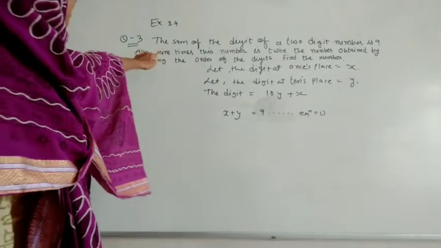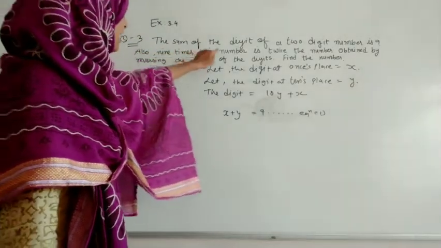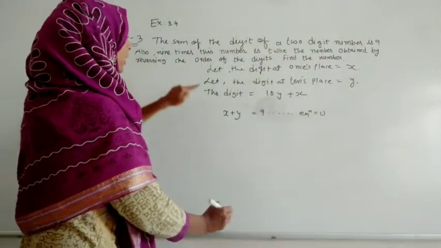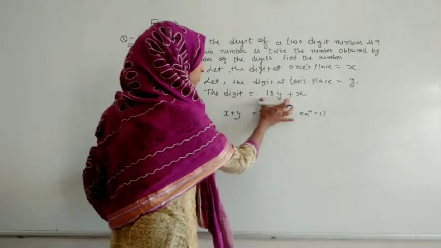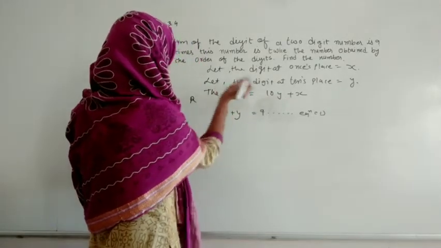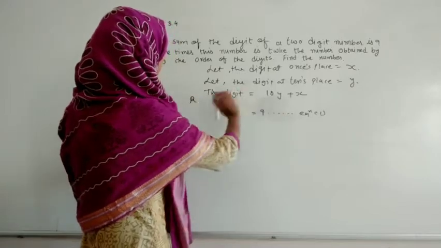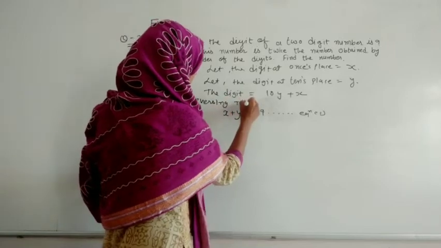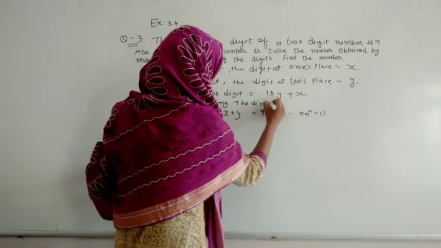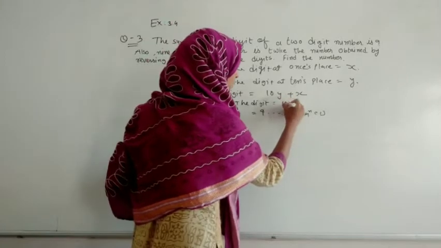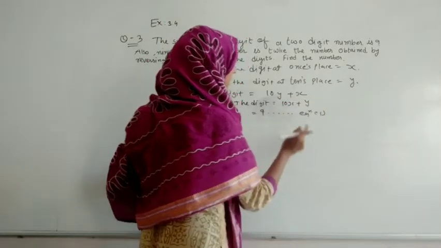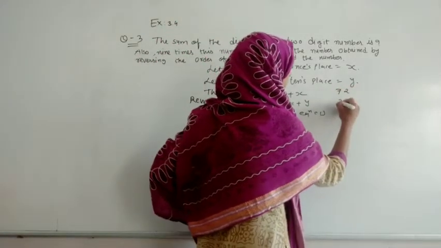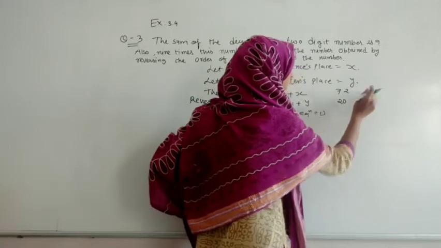Now we are reading the second statement, that is 9 times this number is twice the number obtained by reversing the order. यानी अगर ओरिजिनल नंबर इस फॉर्म में है तो बाय रिवर्सिंग इट, लेट मी टेल यू दैट आफ्टर रिवर्सिंग दिस व्हाट विल हैपन. So after reversing the digits, means on the tens place x will come and on the ones place y is going, then the digits will reverse. Suppose it was 72, so now it is becoming 20 plus 7 यानी 27.